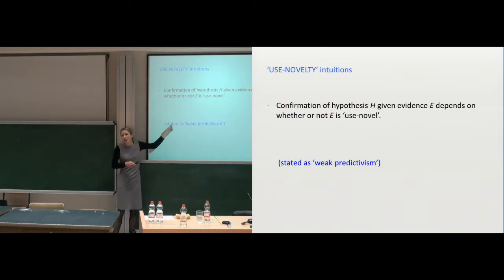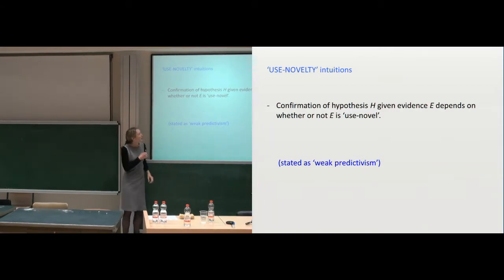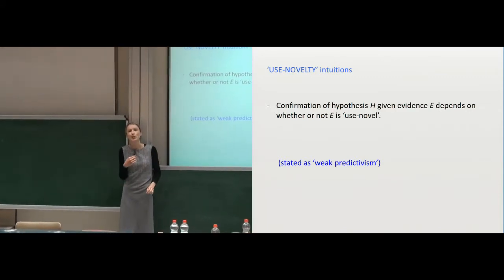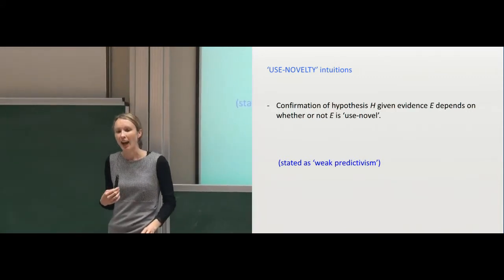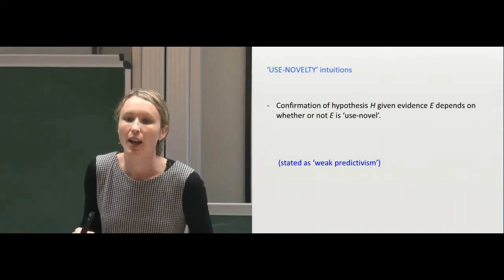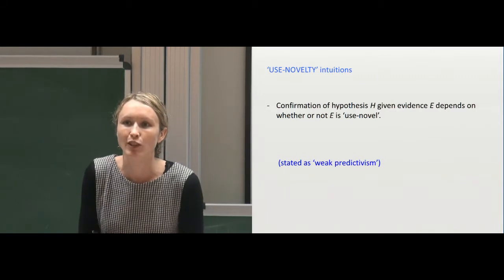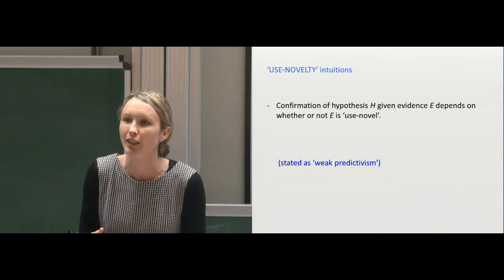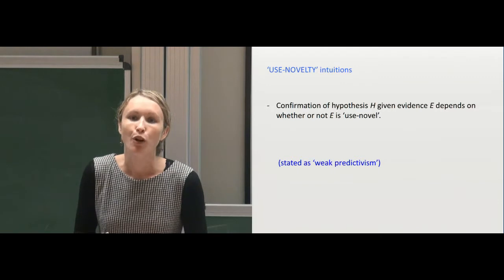So this is a common intuition that people have, and it seems to be a common intuition in science, and that is that confirmation of a hypothesis given evidence depends on whether or not E is use-novel. Use-novel just means, if it's not use-novel, the evidence was in a way used to construct the theory, or the theory was accommodated around the evidence, right? Versus